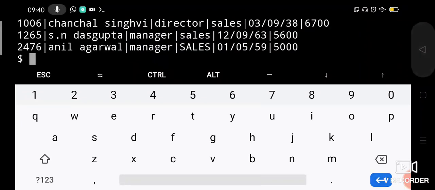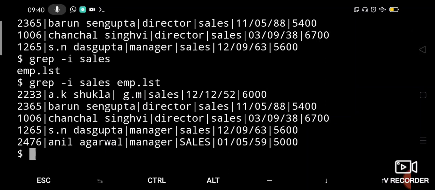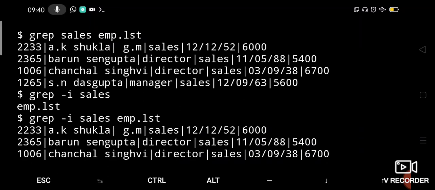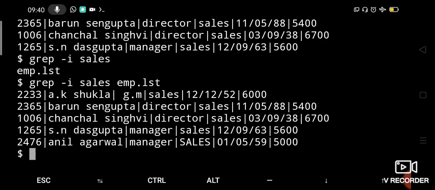Now you can see the output along with capitals. It is also displaying the sales pattern in capitals. Earlier there were only 4 lines which contain sales in small, but now it has 5 lines which include the word sales in capitals also.